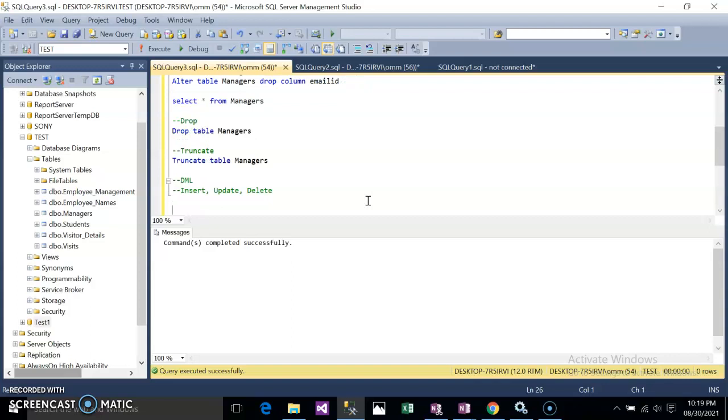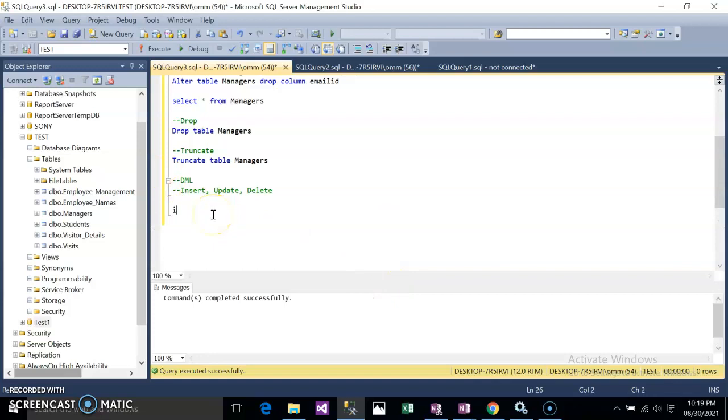Okay, let's say I'm inserting. So if I want to insert any data inside the table, I'll use this insert command. Okay, let's say insert into managers, values.